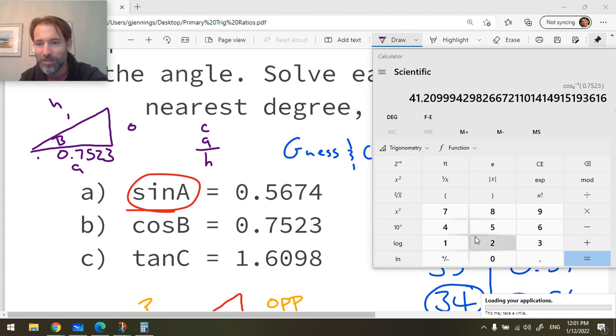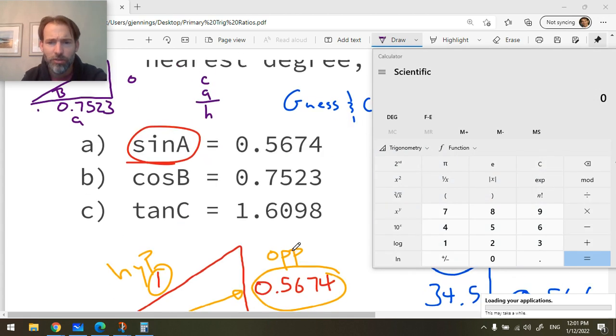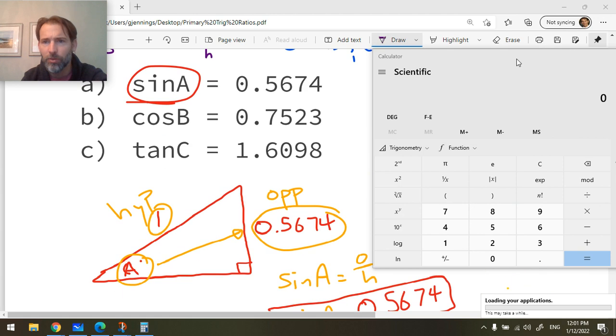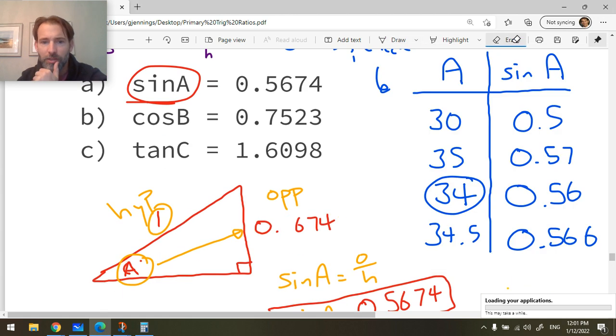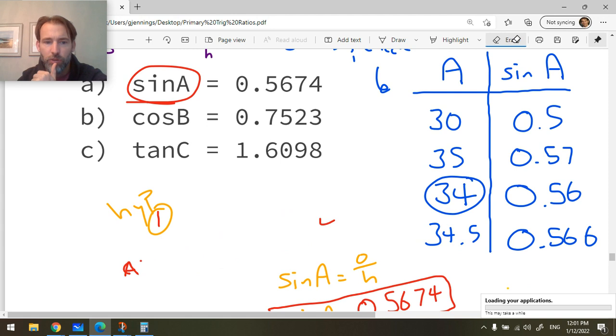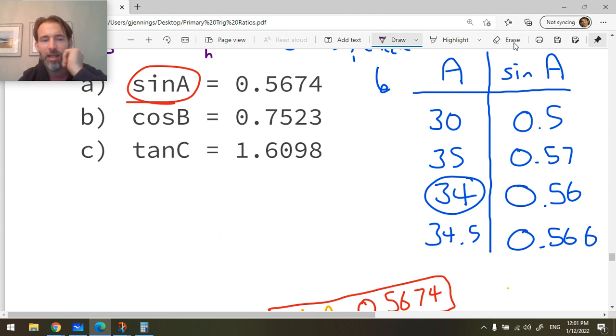Okay, tan C. Okay, so last one. Clear everything out. Not going to draw, I can draw a triangle. We're reviewing here, so we'll draw all the triangles that we need. Okay, so let me erase all of this here. Here, I'm drawing some triangle that has a ratio for tangent here. Tangent is TOA, right? Tangent is opposite over adjacent. That's what tangent is. So the opposite side is going to be bigger than the adjacent side because this number is bigger than 1. So if I have a triangle here, and it might look like this,